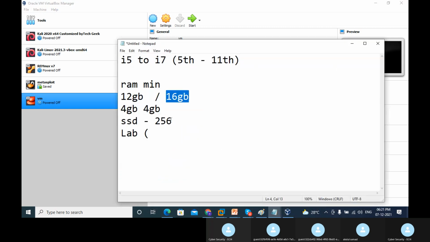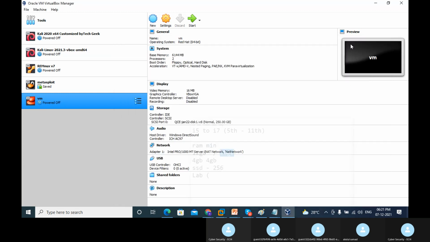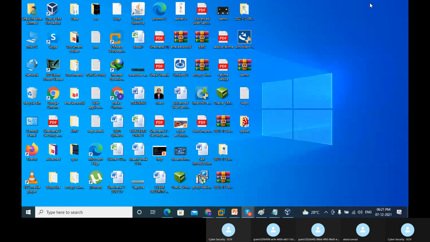Minimum 12 GB is enough. 8 GB is fine, but it will get a bit slow, or sometimes some programs will not work. If I talk about the IBM QRadar integration, it itself requires 6 GB RAM minimum, so that will be a problem, right? For that reason, the prerequisite is that you must have 12 GB to 16 GB RAM. That's all. If you do not have an SSD, don't worry, no problem. We can work on it.